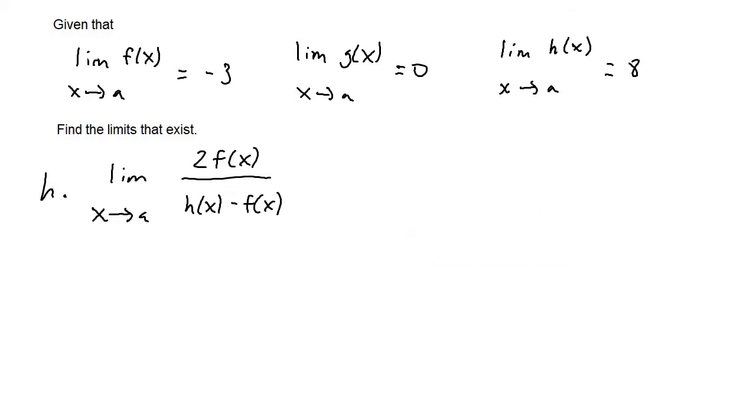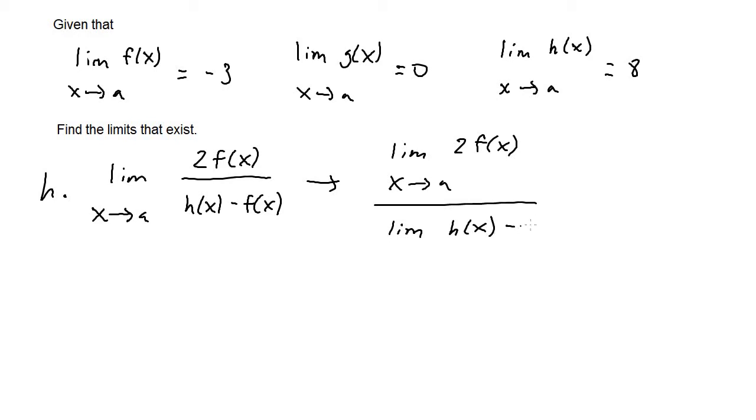So now for letter H, we have the limit of 2 times f of x over h of x minus f of x as x approaches a. Now the way we can evaluate this is, since we have a function on the numerator and denominator of the fraction, we can go ahead and first set it up as the limit of what's on the numerator, so the limit of 2 times f of x as x approaches a, and then divided by the limit of h of x minus f of x